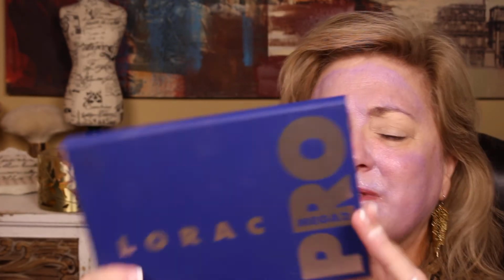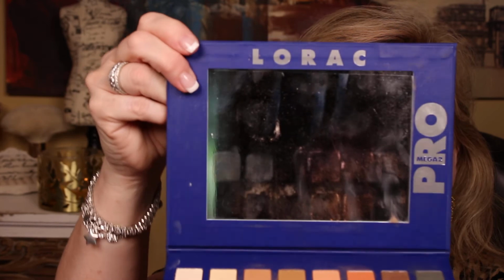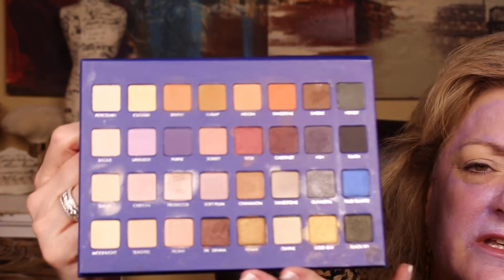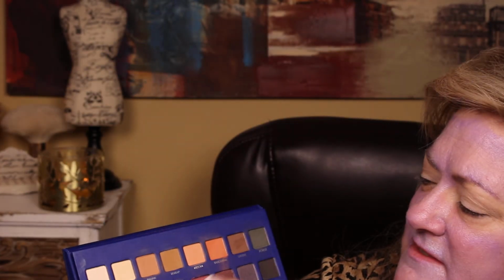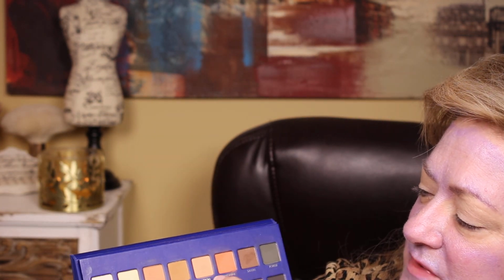And then if y'all remember, I wanted this and got this. And I think I did maybe 1 or 2 tutorials with it. And this is the Lorac Pro Mega 2. And I remember what I really liked about this so much that I just had to have it. Look at that huge mirror, by the way. So much is these colors right through here, because if I'm going to do an orange, that's the tones I would probably want to use. It's this tangerine and melon. And then I also liked burlap. I thought that